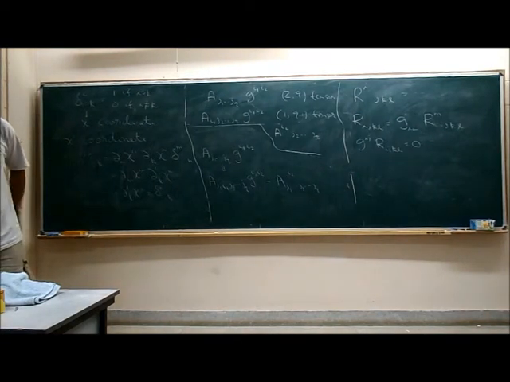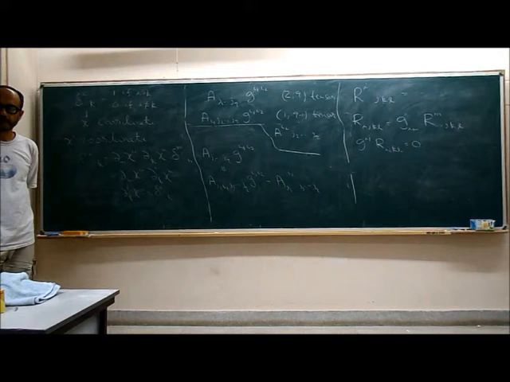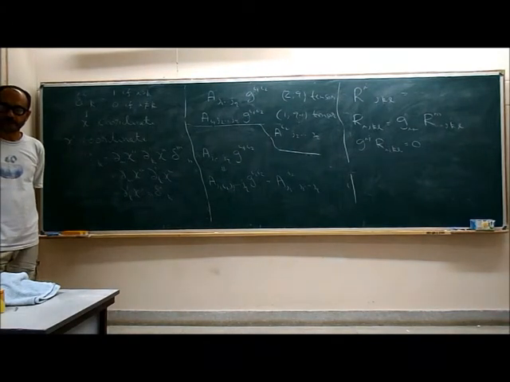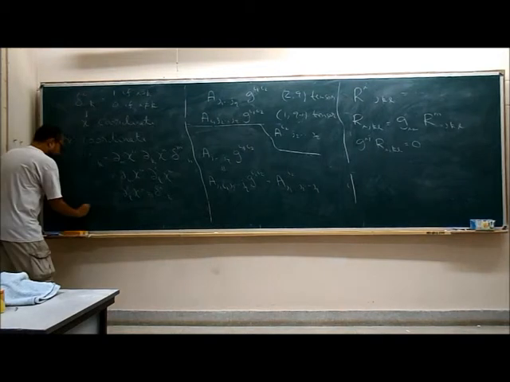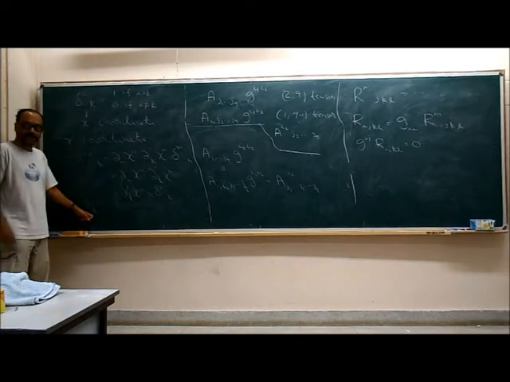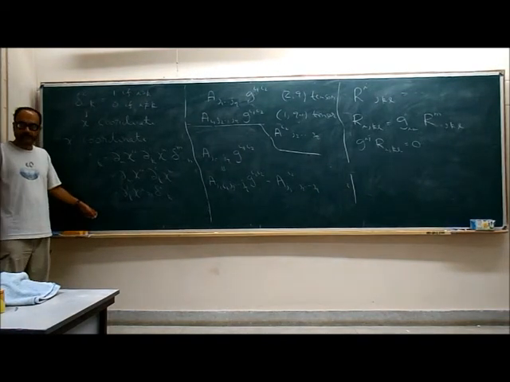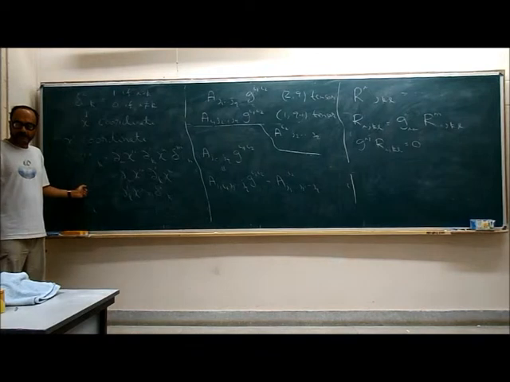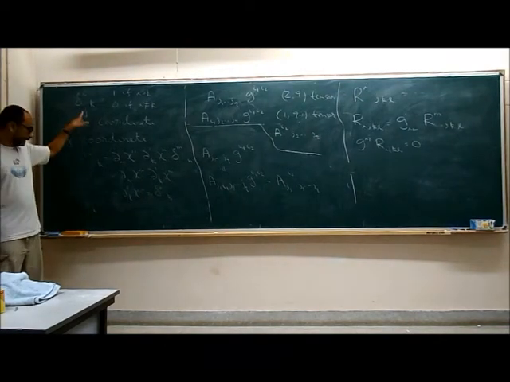In general, can any indexed quantity which is constant in some frame always be argued to be a tensor? No. Suppose you have a tensor with the form delta ik in some frame, which is still the Kronecker delta. Now if you go to a different frame, it will take a different form, so it will not remain constant. So this one is a tensor, this one is not.